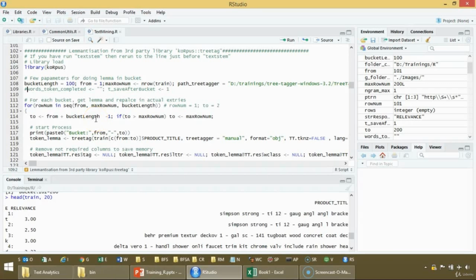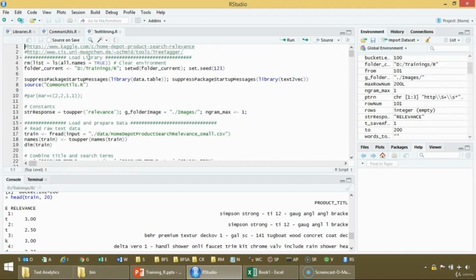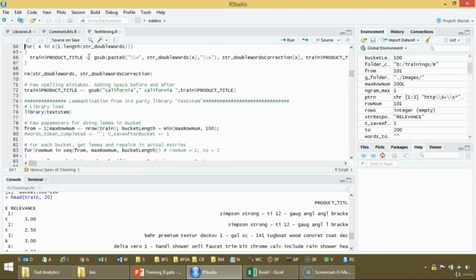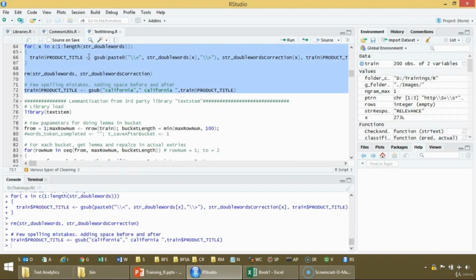Welcome back. Now let us do the hands-on using the koRpus library. Since we had already done some work using the text stem, we should go back to just before the text stem. So let us run everything till the text stem. I'm going to the top, running till line number 72 once more,